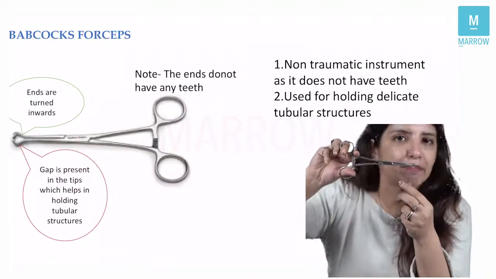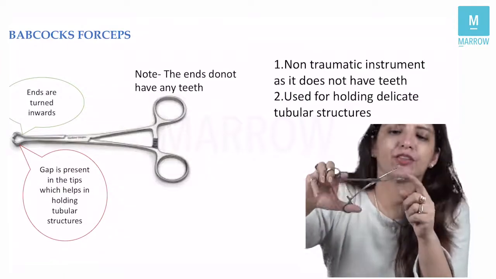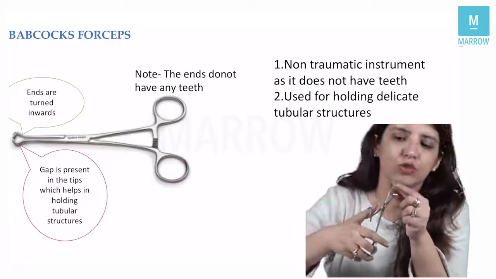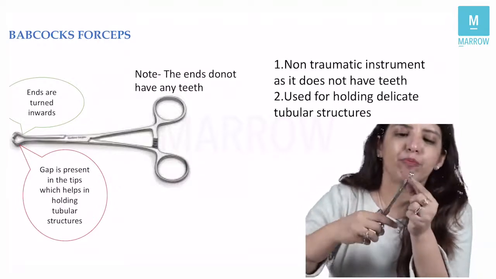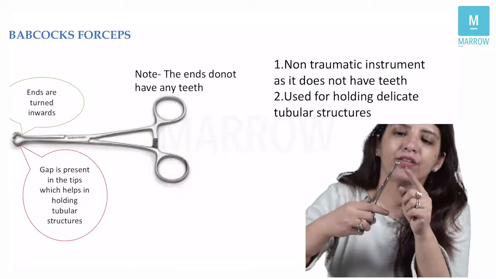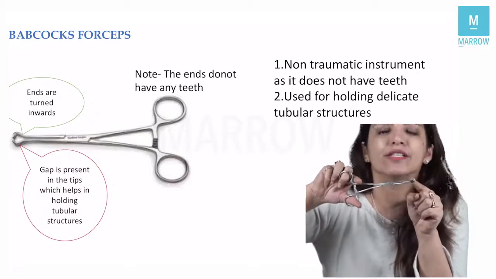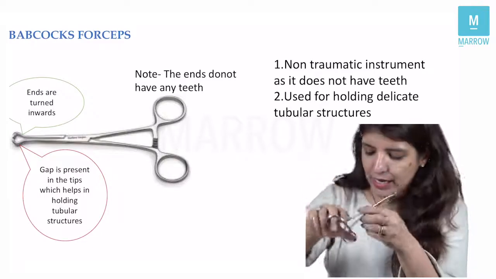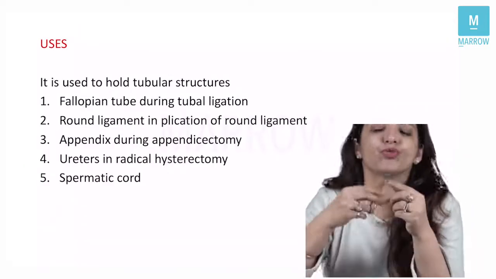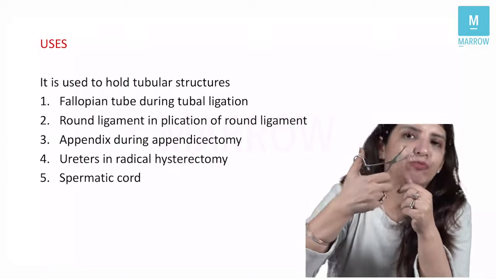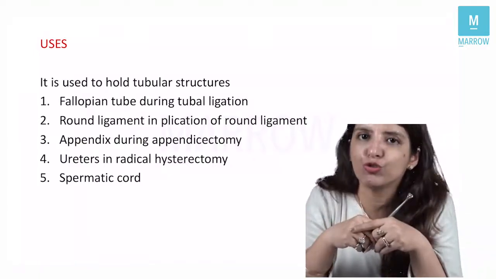Clear? Now, in Babcock's forceps, I'm repeating again, at the tip, there won't be any teeth. It will be flat. The tip will be curved and there will be a gap between both the blades so that it can hold delicate tubular structures. Now, the delicate tubular structures which are held with the help of Babcock's forceps are the fallopian tube